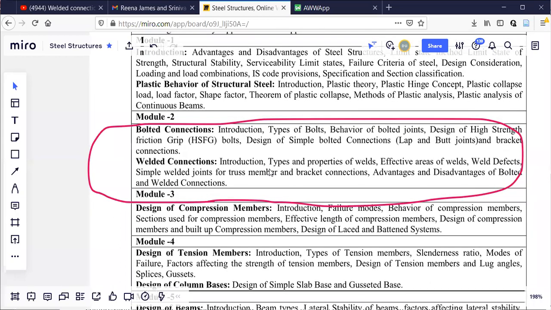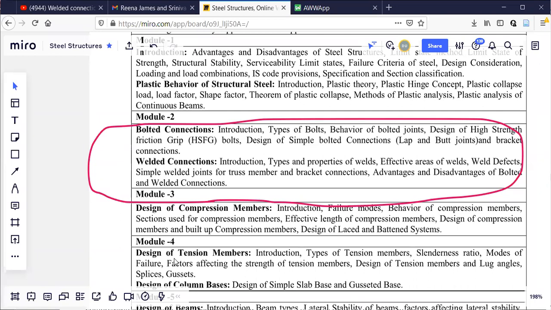So I'll start with the welded connection. Preferably in the examination, I want you to solve a problem on bolted connection, if possible. It depends, because welded is a little bit easier than bolted connections. But in the remaining modules, bolted connections are there. Compression and tension means bolted connection.